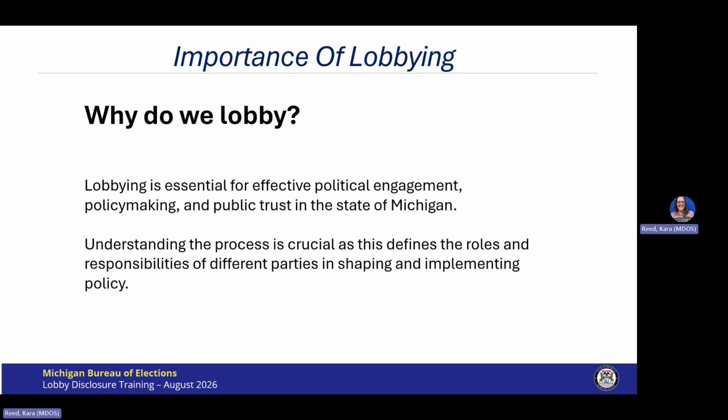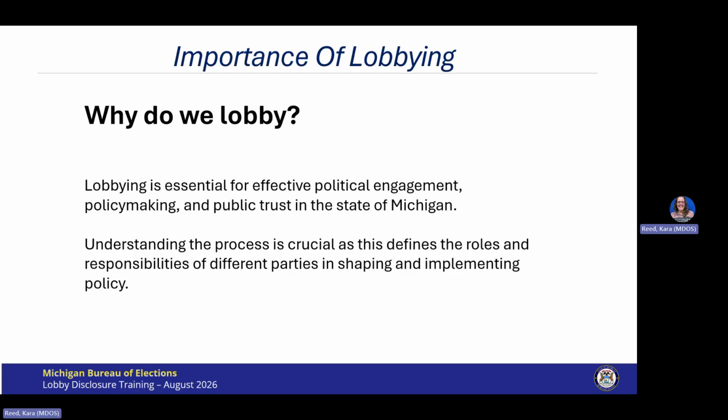Now, there are additional lobbying definitions that are important for us to review. These include communicating directly, influencing administrative and legislative action. These are the terms used to describe different forms of communication and influence within the legislative and policymaking process. Now I'm going to break these down for you. First, influencing refers to the act of persuading or changing the opinions of others. This can be done through direct communication or by encouraging others to